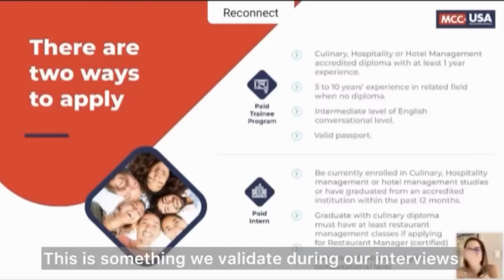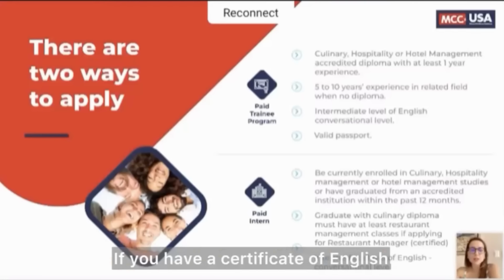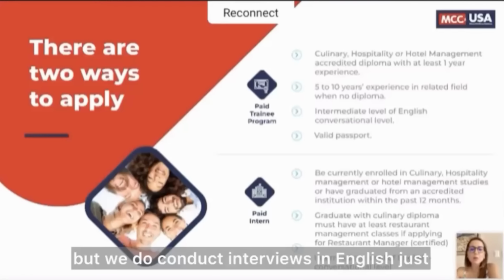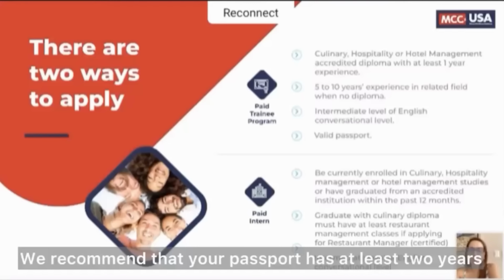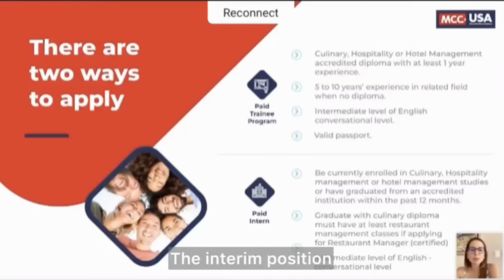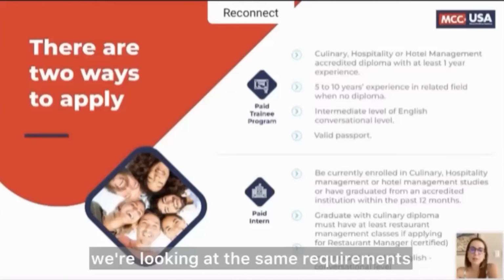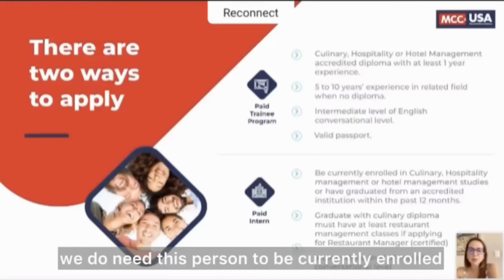We do require an intermediate level of English. This is something we validate during our interviews. If you have a certificate of English, that would be great, but we do conduct interviews in English just so we can verify the level the candidate has. You also need a valid passport. We recommend that your passport has at least 2 years so you can get the visa issued at your local embassy. For the intern position, we're looking at the same requirements, but